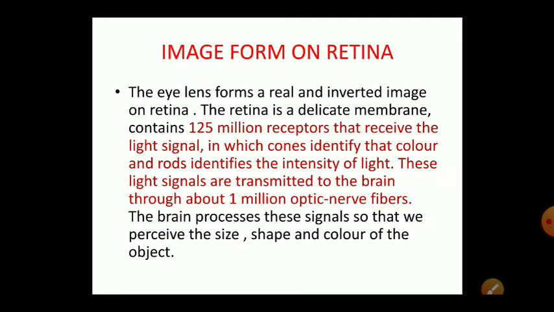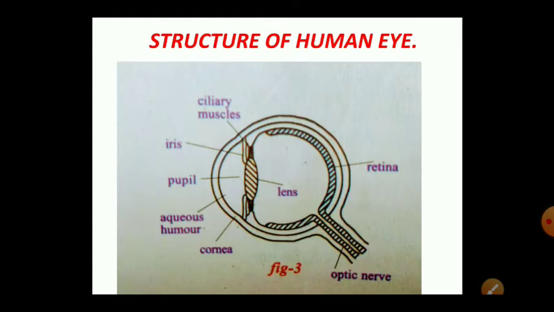You can see the pupil and iris and lens, aqueous humor and cornea also in this picture. You can see all these things in this picture. The cornea is at the front, behind it aqueous humor, behind it iris, in the middle of the iris the pupil, and behind the iris there is the eye lens.